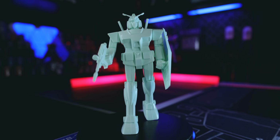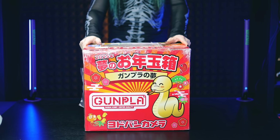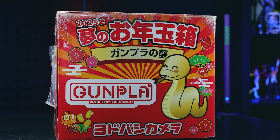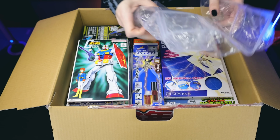As for this one right here, you might be like, where the hell did you get it though? But I got it in this box. I did a video a little while ago. It was a Yodobashi Camera 2025 New Year's Lucky Bag box. Fukubukuro. This came in there, I didn't expect it to, and I thought this was the revival like I said,